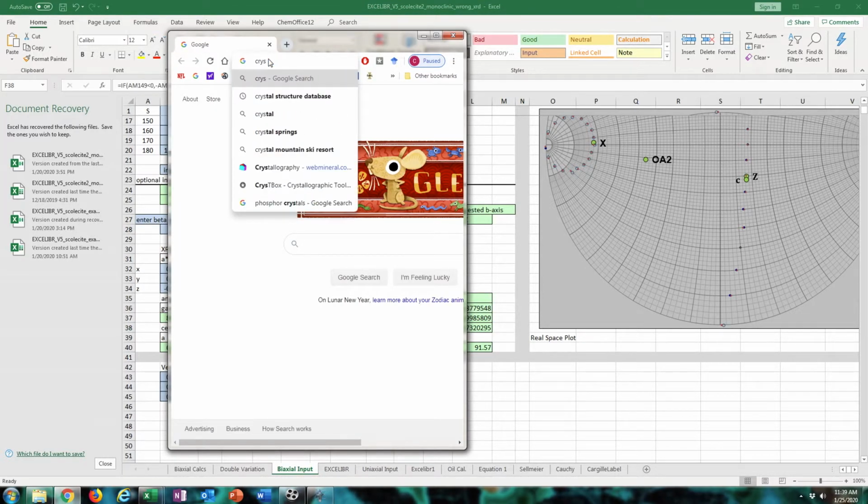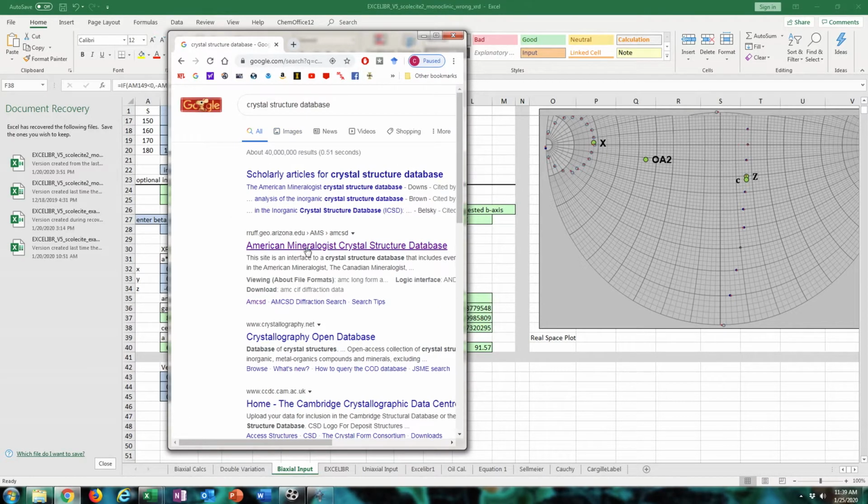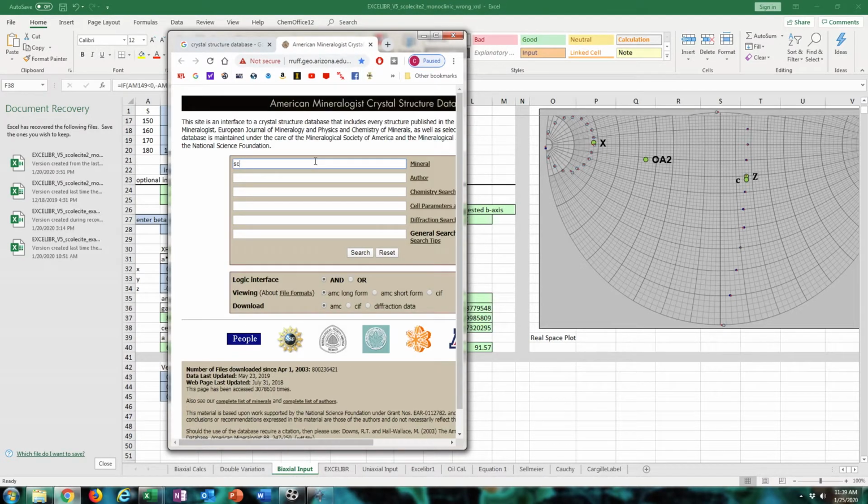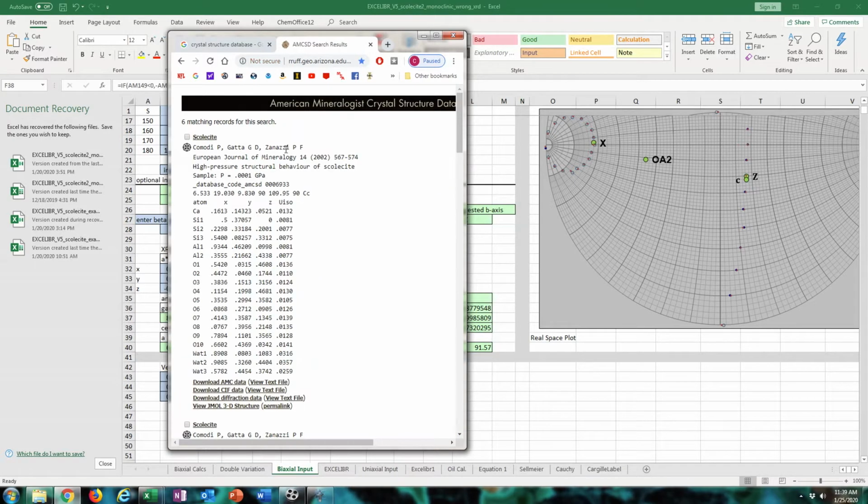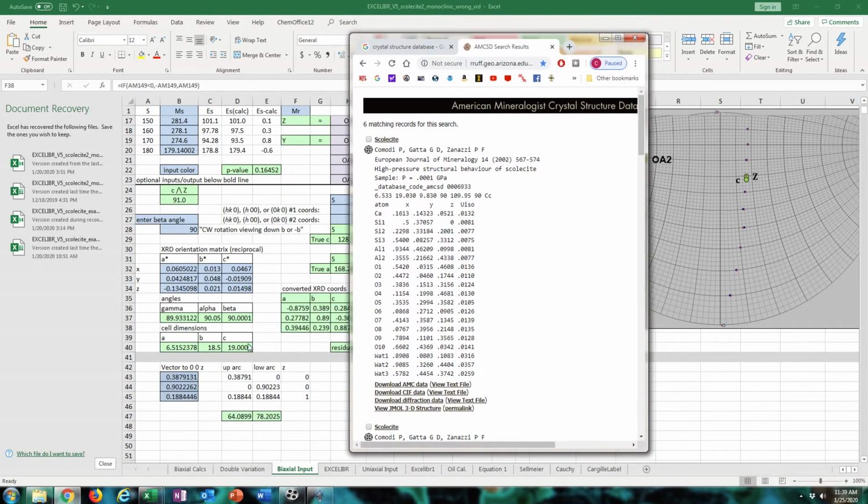What you can do is go to the American Mineralogist Crystal Structure database, enter in a mineral, and see if someone has published in that particular lattice. So this one is solved in CC for those lattice parameters. There are old settings listed below this publication